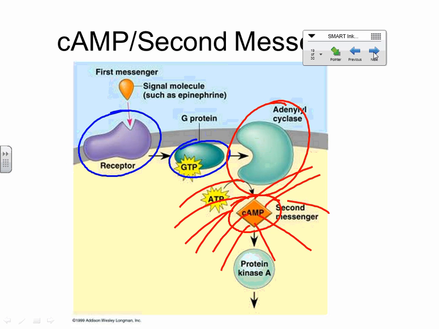What they end up doing is turning on a set of protein kinases. What do we know kinases do? They phosphorylate things, which means they transfer what? They transfer phosphate groups from ATP to something, and therefore also transfer energy. So they're turning things on, right? They're activating switches. And eventually, this is going to turn on an enzyme that does what? We're in the liver. It's going to break down glycogen into glucose.